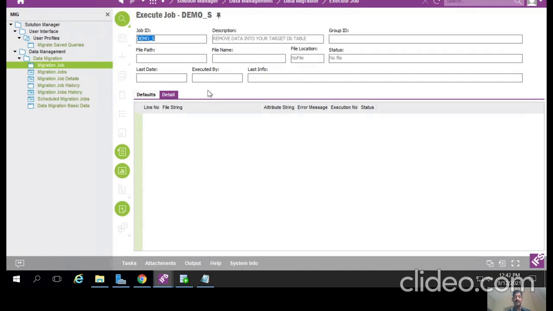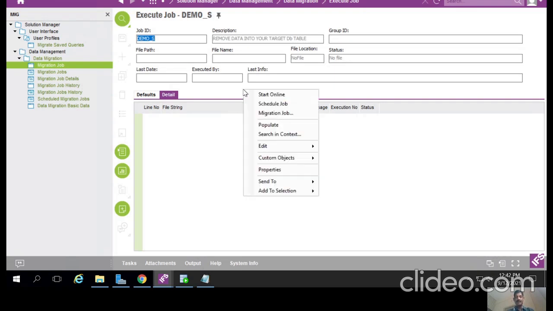Suppose you already have data in your timetable, just match between your timetable data and your target table data records. If both records are matching, then the remove method will be performed in that step. Under the header section, you can use the right mouse button and click start online.